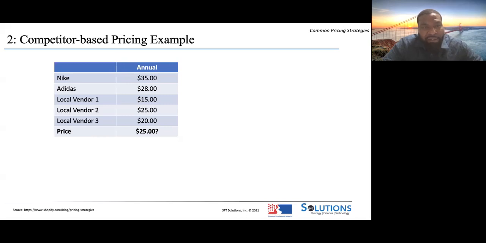You think about a $35 shirt from Nike, by the time you add shipping, by the time you add all those other things, plus you have to wait a week or two to get it, it's going to be more to the consumer than $35. So I would try to slot my price in at or near, maybe even above Nike. But you have to create that value, right? Why would, all things equal, the consumer buy your t-shirt instead of one from Nike? The quality has to be there. The brand story has to be there. Those are all things that you have to work on as an entrepreneur to justify your price.